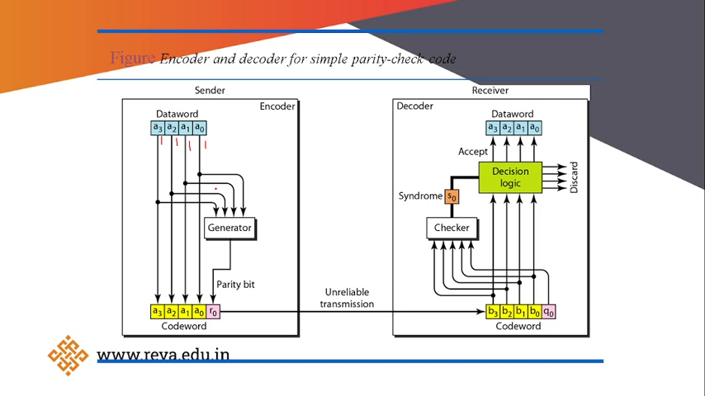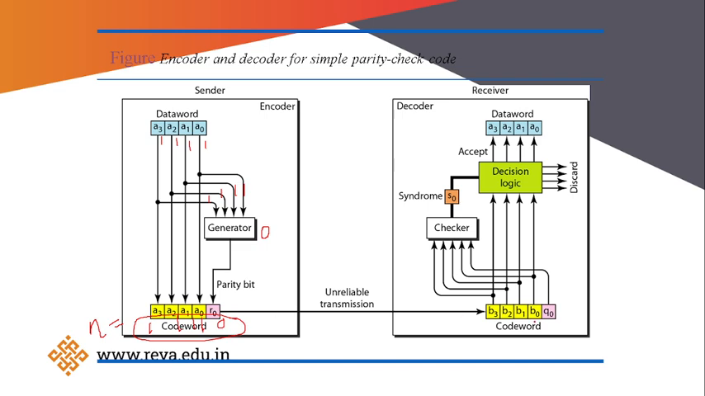So this generator, what it will do, it will take 1 1 1 1 and add one more extra parity bit, nothing but a 0, here. So this is 1 1 1 1 0. Now the whole thing we call a code word, that is nothing but n, that is sent